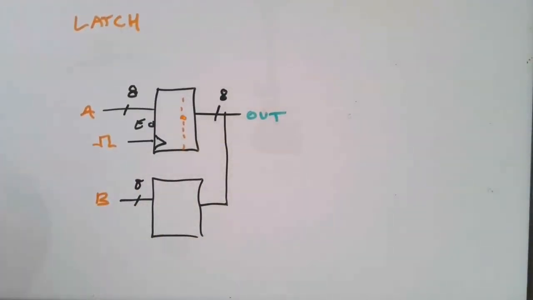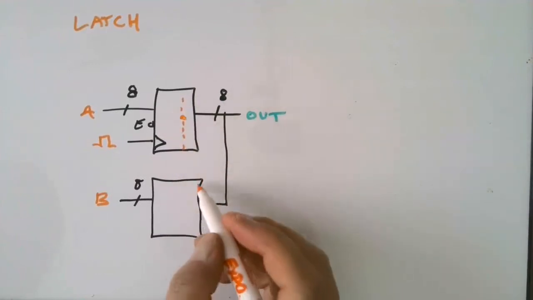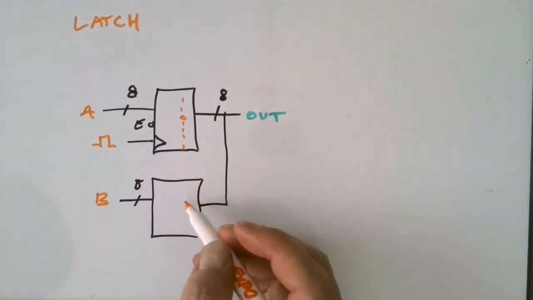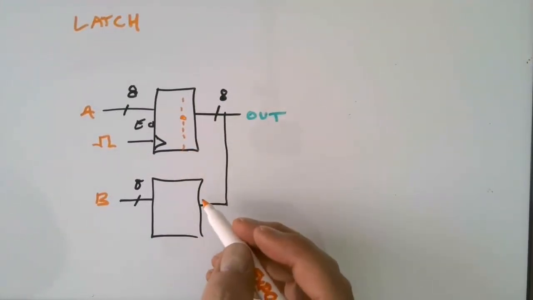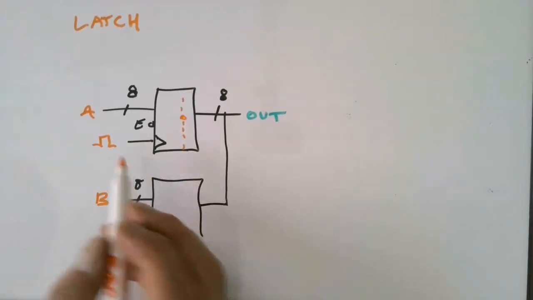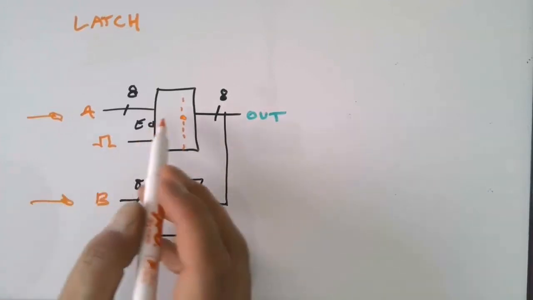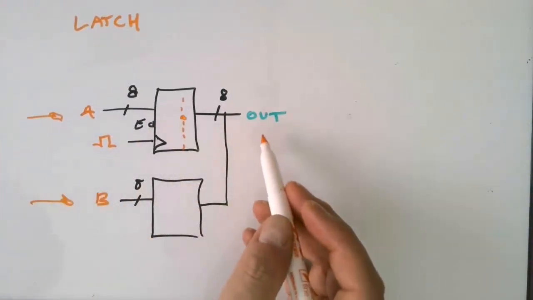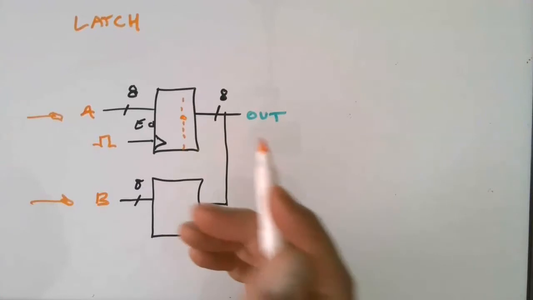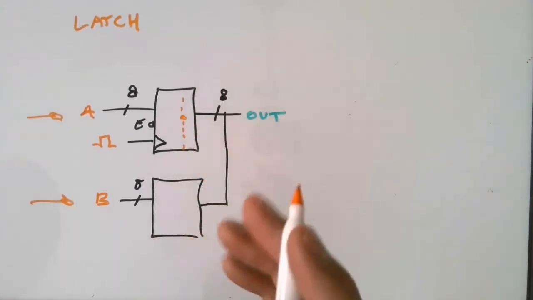We would never want to just connect the outputs together. Well, why not? Well, what if output 1 in one case is a 1 and the other output is a 0? Well, that could damage the outputs of the device. But what if we had, for example, data coming from one device and we wanted to be able to select which sets of data are being output? To do that, what we can do, and I'm going to simplify this quite a bit, is that usually we